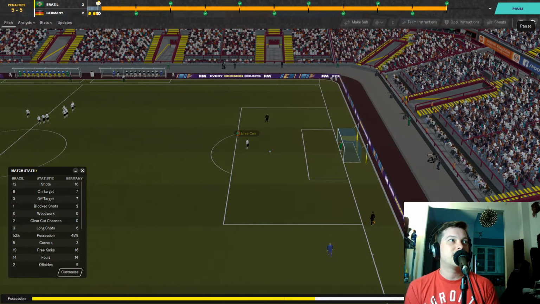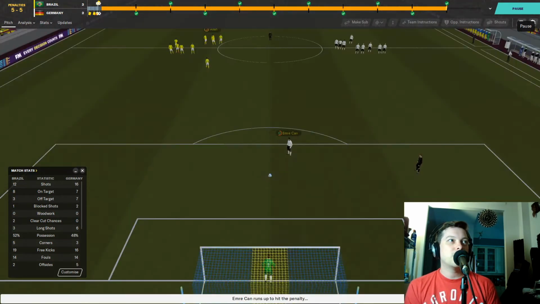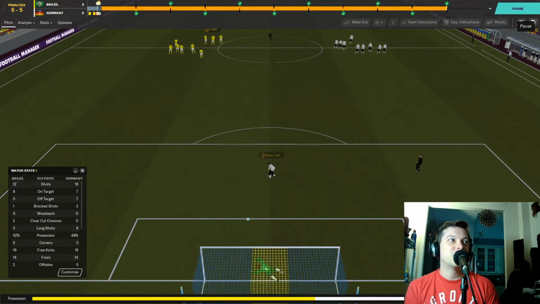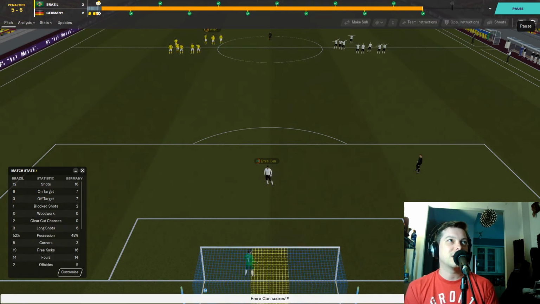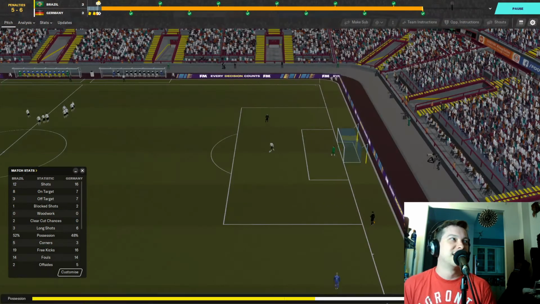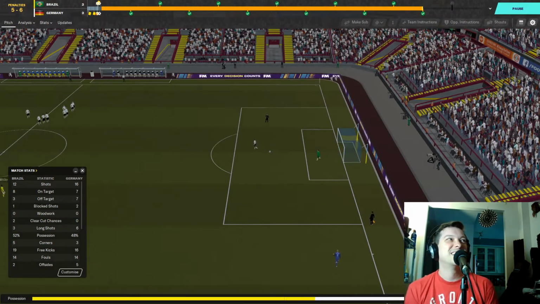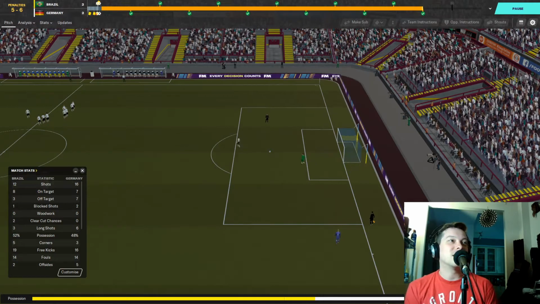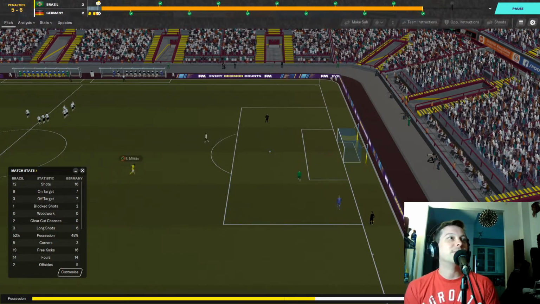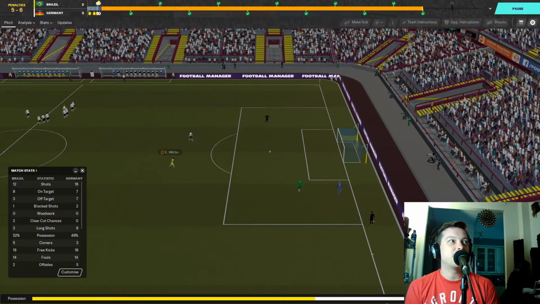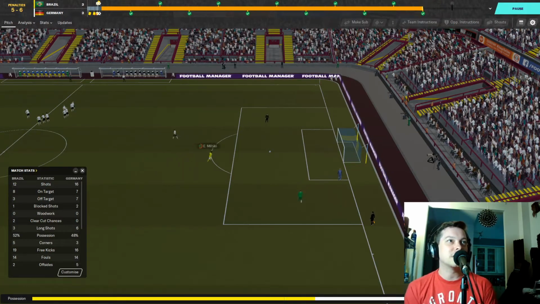Emre Can up for Germany. Can he score? He does. Again, everyone perfect in the shootout. You can see the airplane celebration here for the Germans. Very exciting game today, I must say. Slow walk up again in the shootout here. Eder Militao. I think Brazil have to score. It's sudden death.